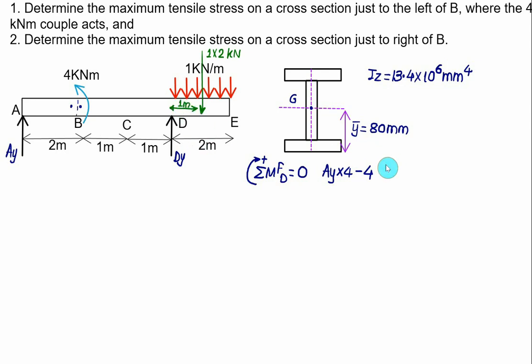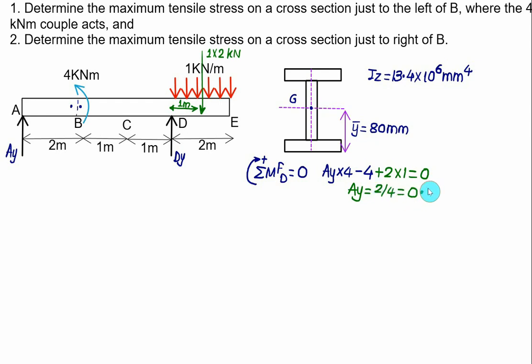So the last term, this load of 2 kilonewton, makes a clockwise moment, which is positive, 2 times the distance of 1 meter from point D. So we have minus 4 plus 2 equal to 2 on the right-hand side, divided by 4. In this case we get the value of AY equal to 2 divided by 4, that equals